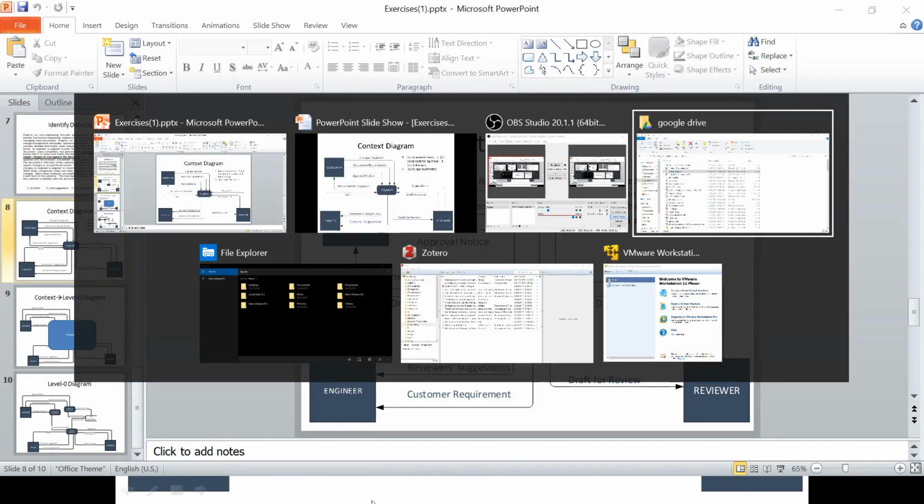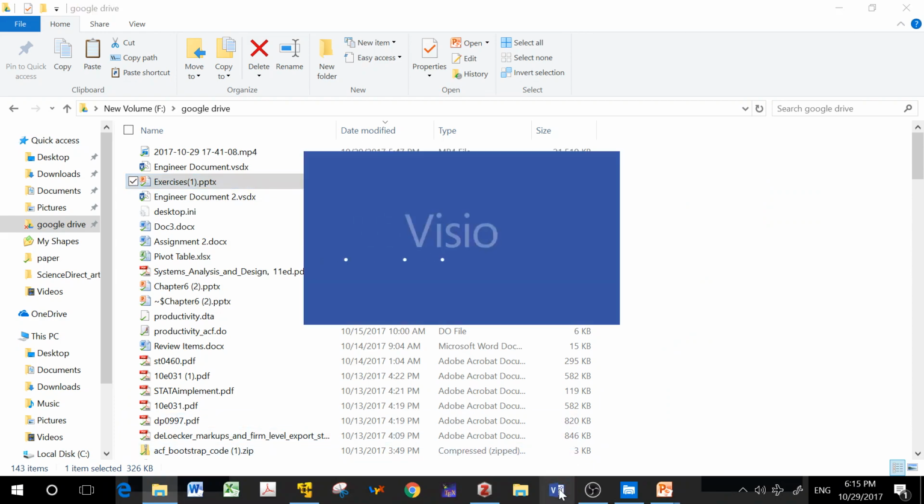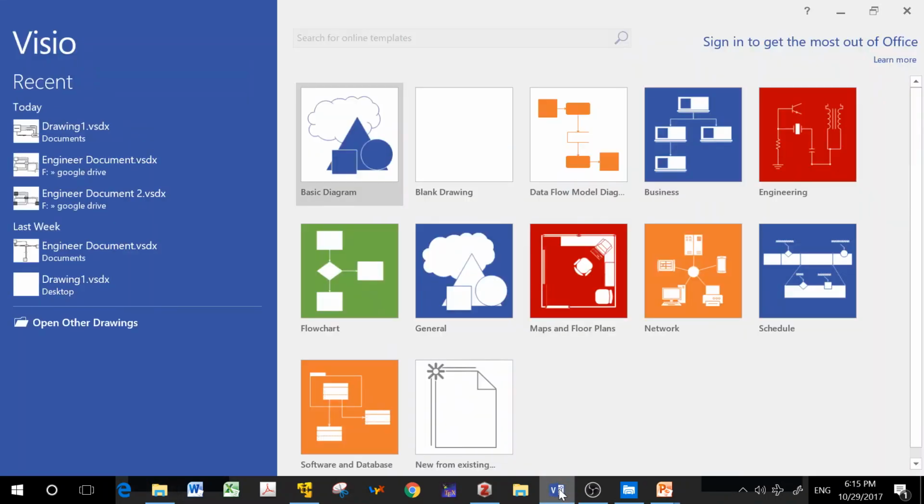So next, I need to start Visio. So I just start Visio. And this is the startup screen for Visio. And I'm using Visio 2016. And if you are using Visio 2013, then the initial screen could be slightly different, but essentially they are the same. So that is, in this startup screen, you are going to see